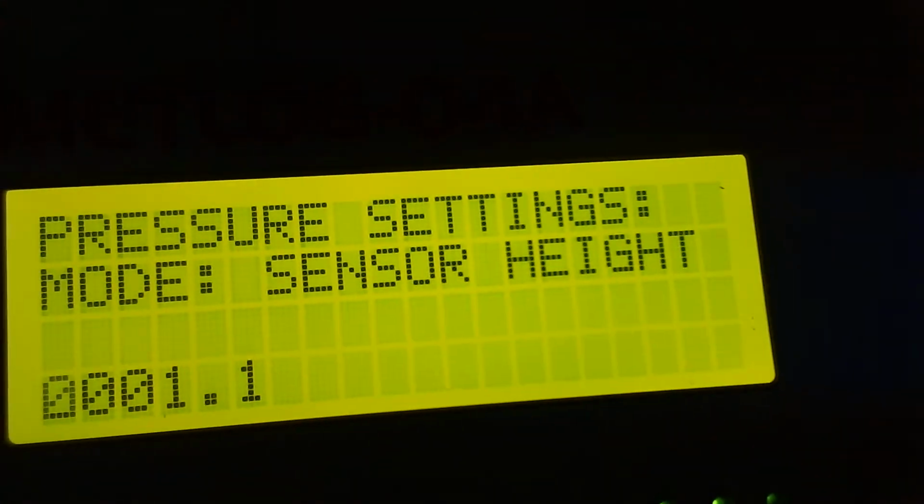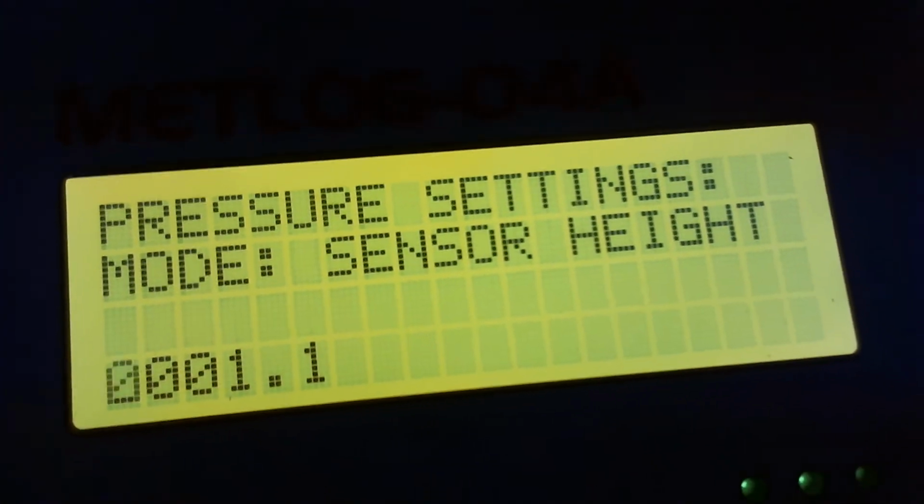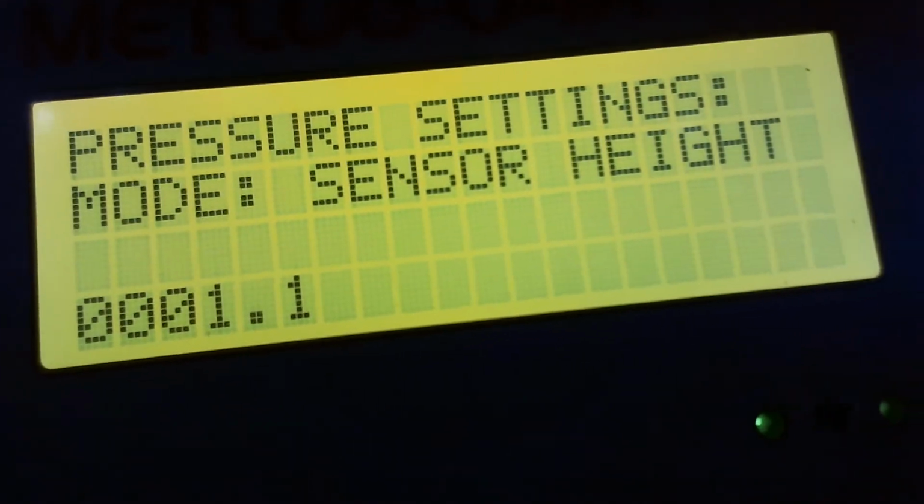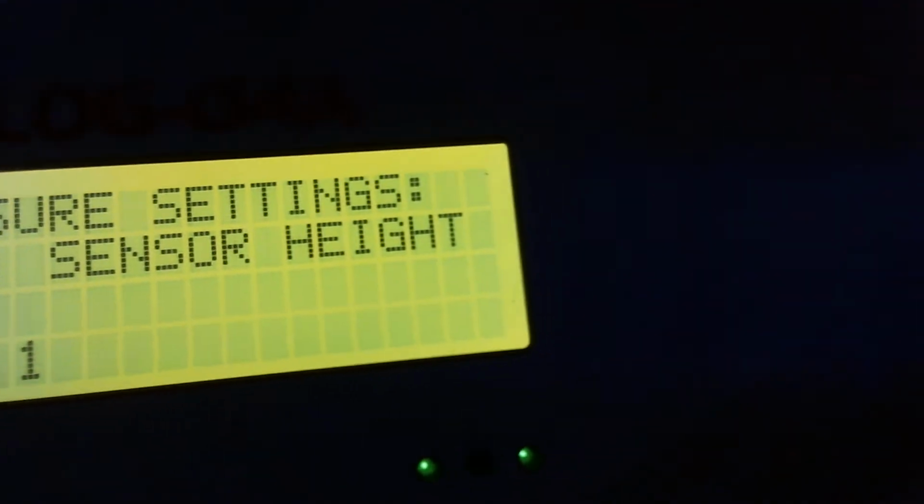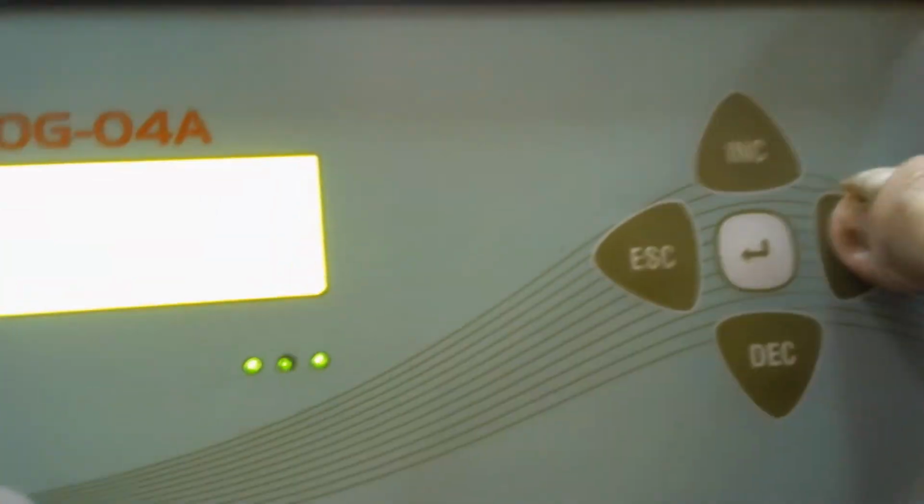So how to set that? Just press the enter button again, then here sensor height will show 1.1 meter. If you want to change it to 1.5 meter, make use of select button and increment decrement buttons.